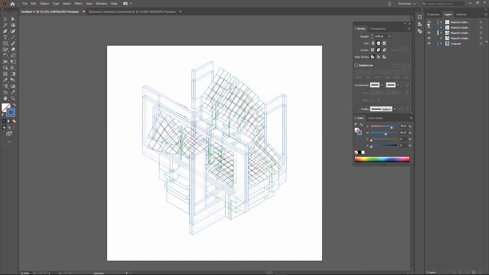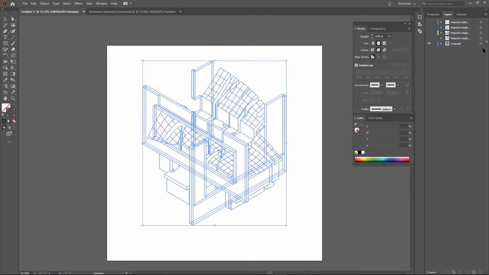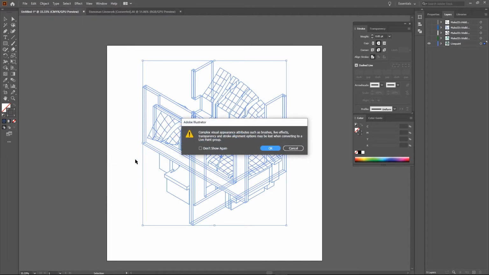So then if we want to turn off our other layers with all that line information, this is just what I like to do. I like to separate out my live paint from my line work. It just makes it a little easier in my opinion. So we'll have all of this new line weight selected that's in our live paint layer. Let's go to Object, go down to Live Paint, and if we click Make,